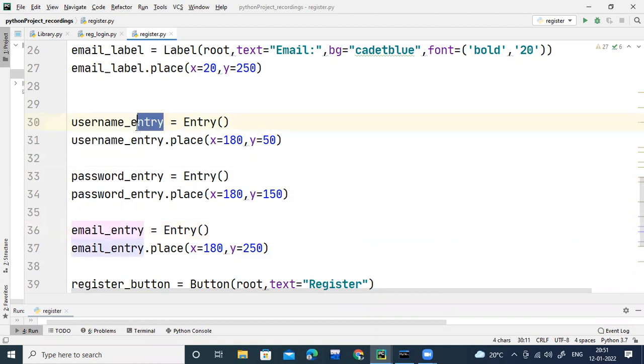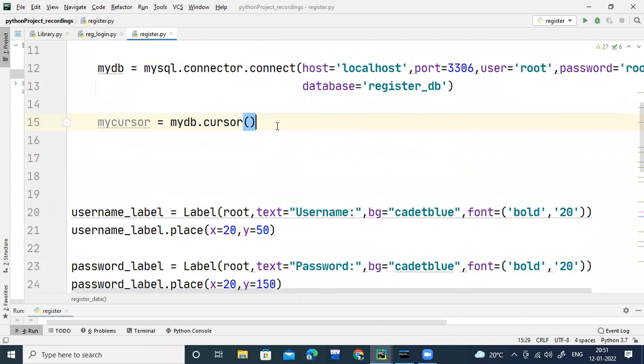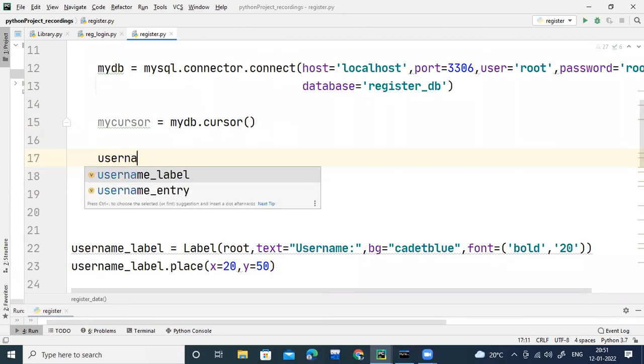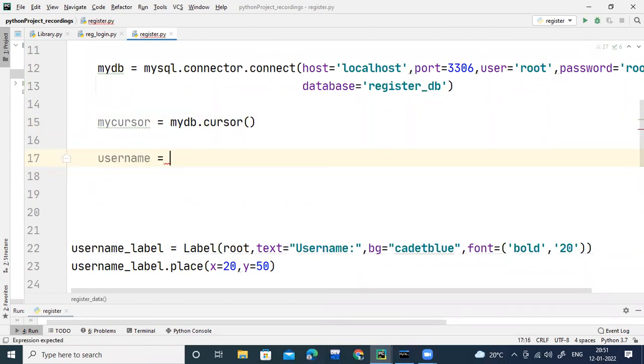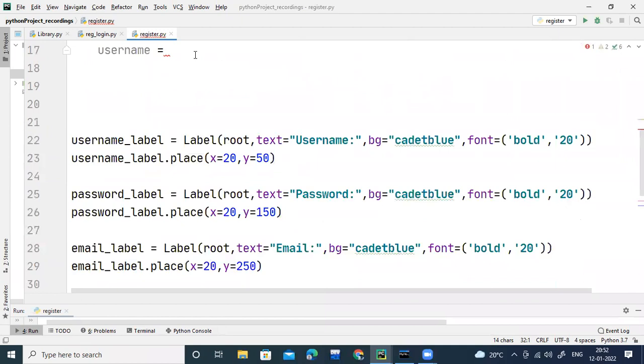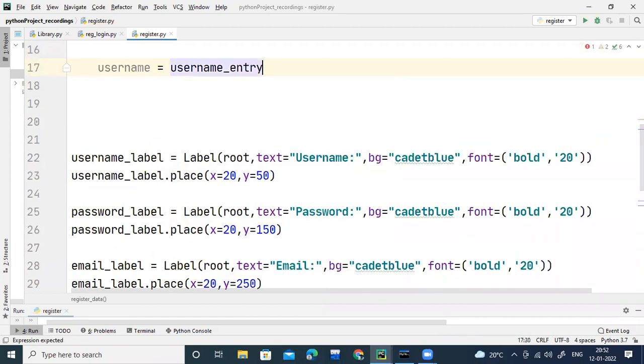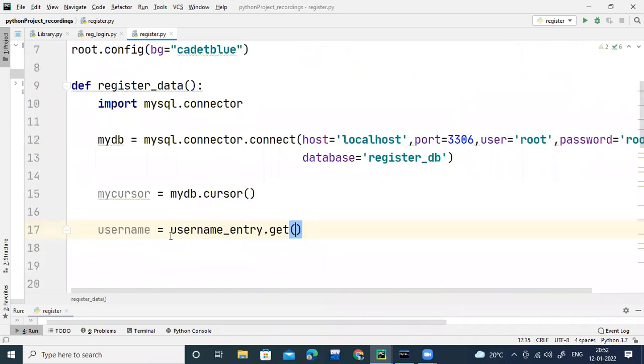I should call each of the entry boxes on the top, in this function only. First I'll take a variable username equals username_entry.get.